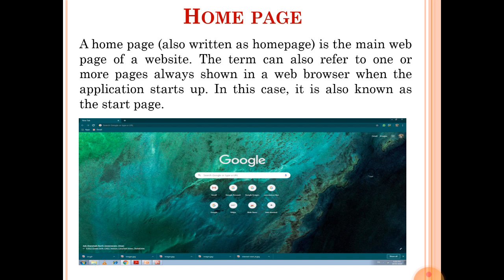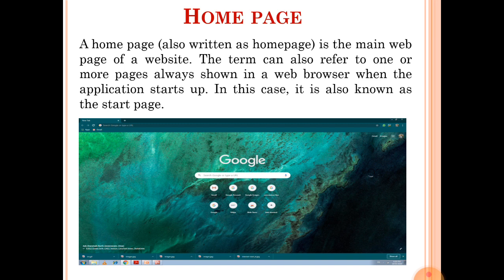Understood? Suppose that you have opened usaiclass.in. So the first page that is opened is called home page. So home page is the main page of a website.